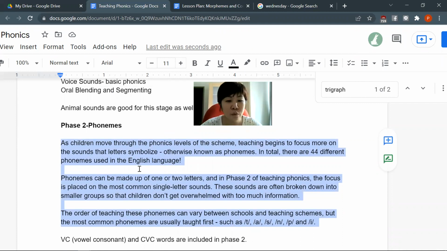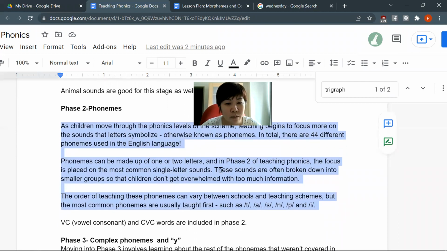As children move through the phonics level of the scheme, teaching begins to focus more on the sounds that letters symbolize, otherwise known as phonemes. In total, there are 44 different phonemes used in the English language. Phonemes can be made up of 1 or 2 letters, and in phase 2 of teaching phonics, the focus is placed on the most common single letter sounds. These sounds are often